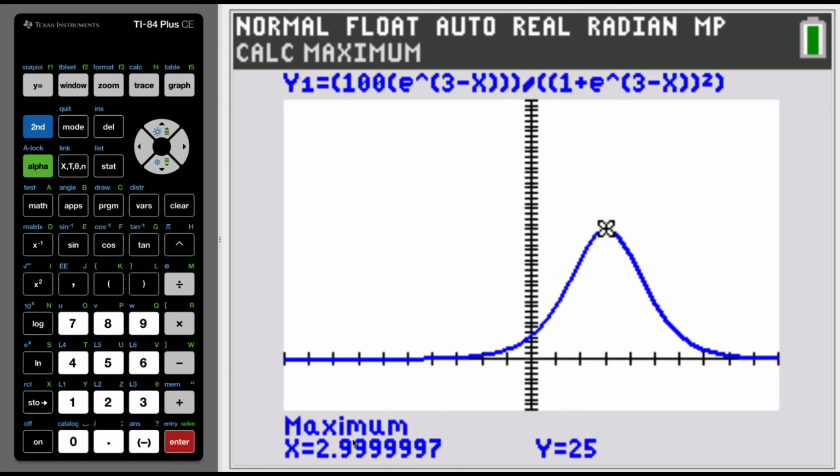So this says that the maximum is happening at an x value of pretty much 3. 2.99999 can get rounded to 3. And that maximum rate is 25. So that's actually what we just calculated. The maximum spreading rate occurs on that third day. And like we just calculated, it was spreading at a rate of